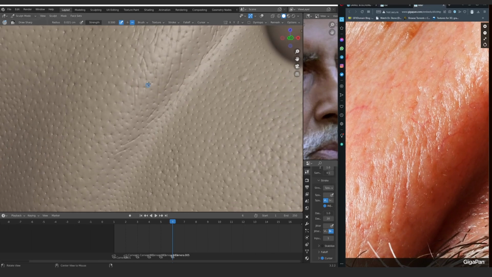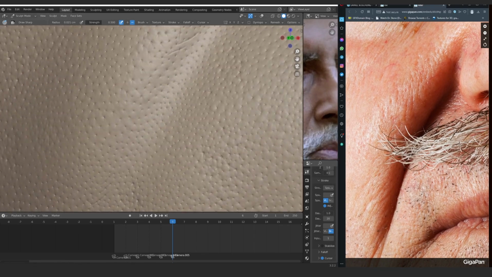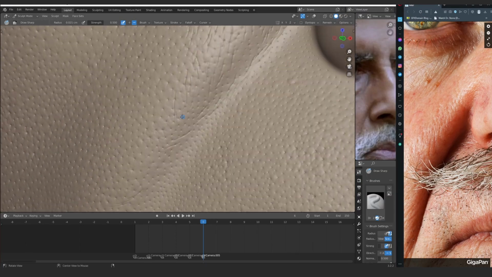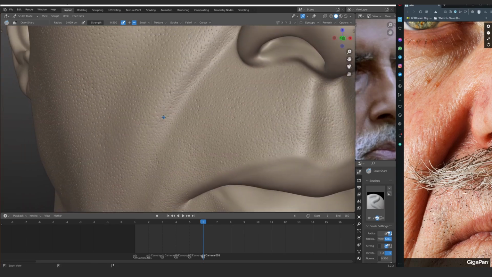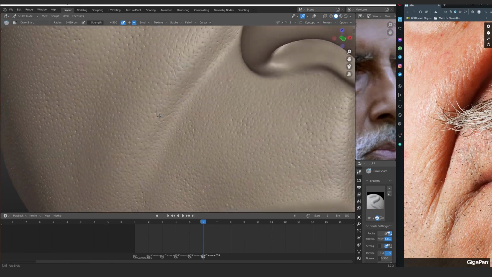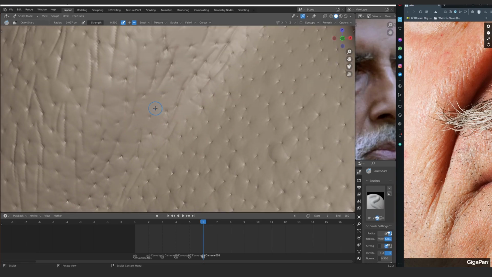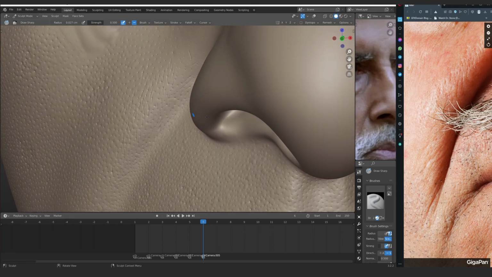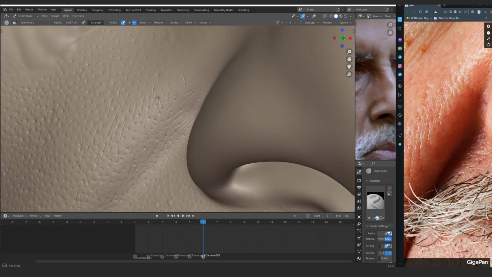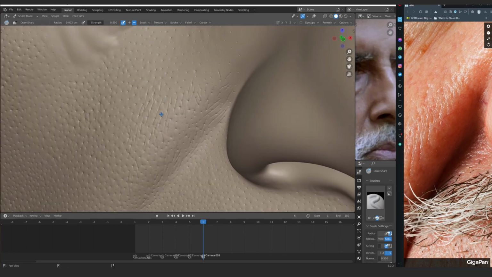So there is another older guy, but I didn't really want to match the skin with that particular person. I felt like this guy, Peter's skin is actually much better looking. So I am just focusing on this skin, and I am going to try to match the directionality with him. I'm just going to match the pose, and trust me, it is not really going to take that long. It might look like it is, but you only have to match the pose on the major areas. So for example, on the lips, on the cheeks, on the forehead,